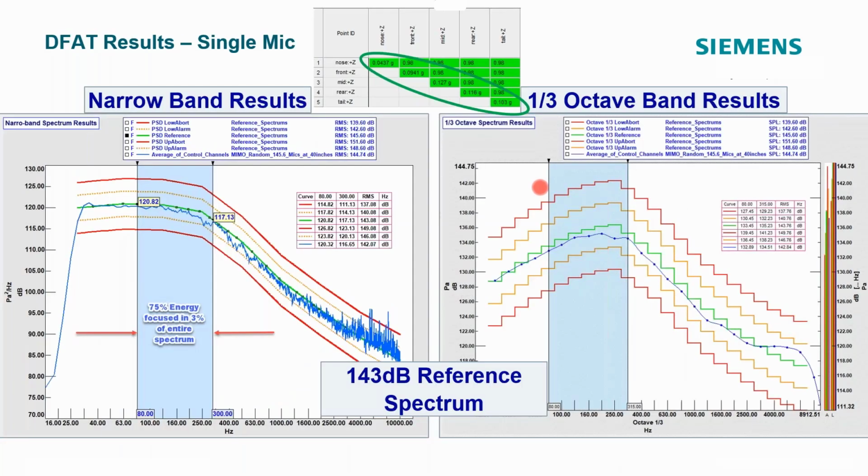And these are some of the results. This is like a 143 dB reference spectrum here. And you can see that the spectral energy drops off quite a lot as you go higher and higher in frequency. In fact, these are both log scales. So the y-axis is in dB and octave format down here on the x-axis. So these are both log scales.